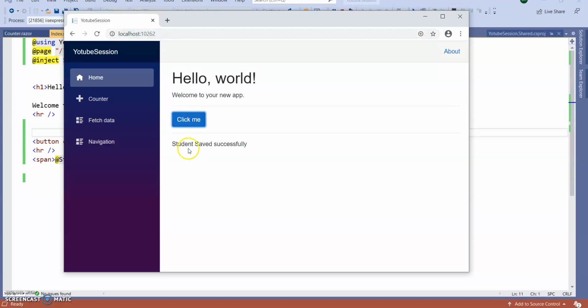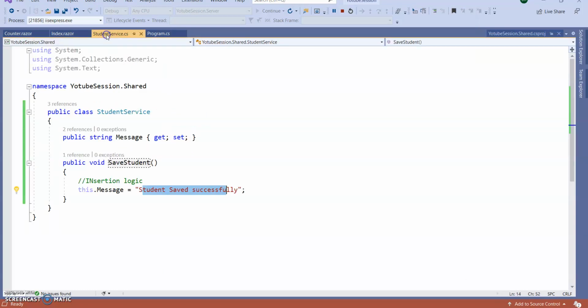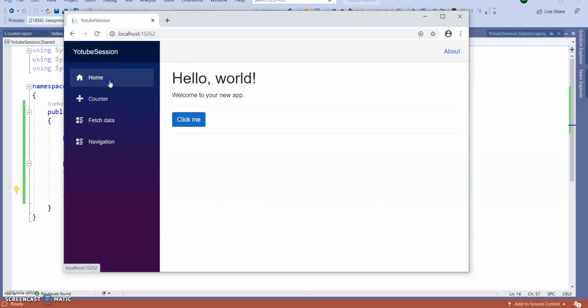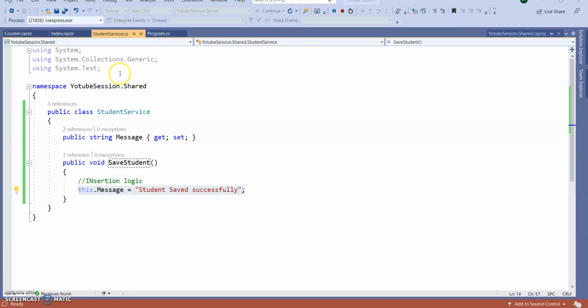So click me, and "Student saved successfully" shows up. It is hitting this student service and getting this message. Okay, go to a different page, again come back, and you can see this message got hidden. If I click again then it comes, but I want it always.